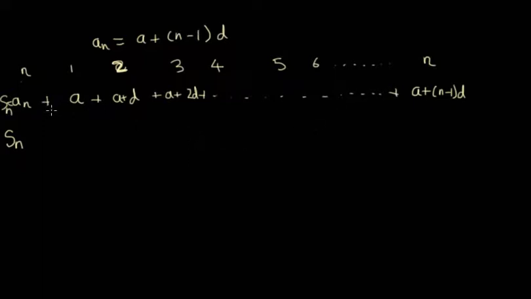Instead of starting at the first term a, the sum is each term added together, but we switch it round. So we're going to have a plus n minus 1 d